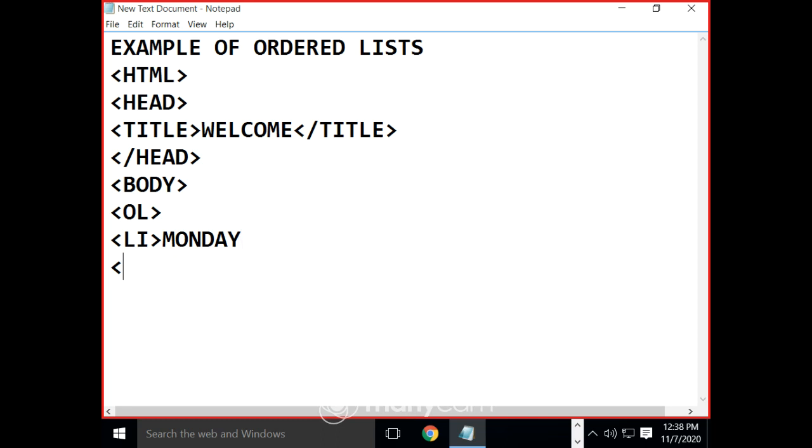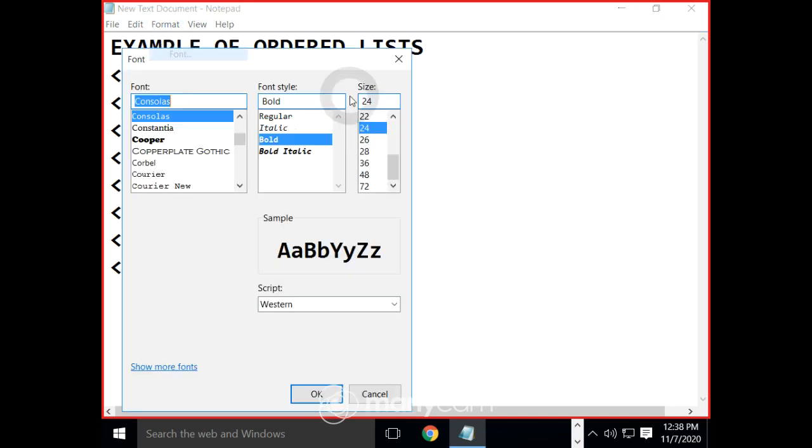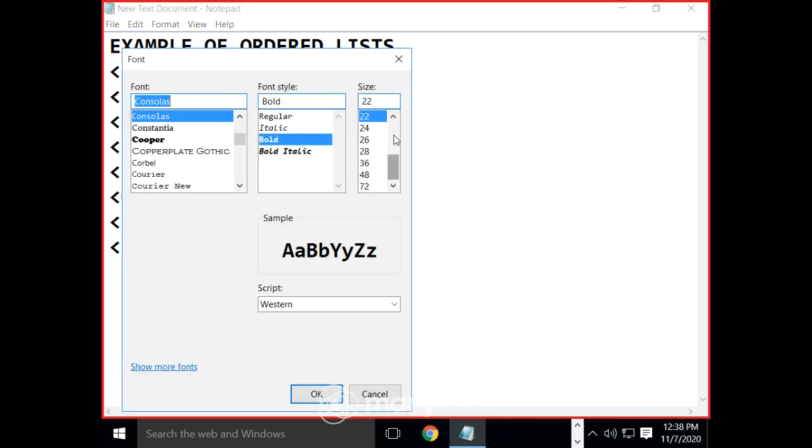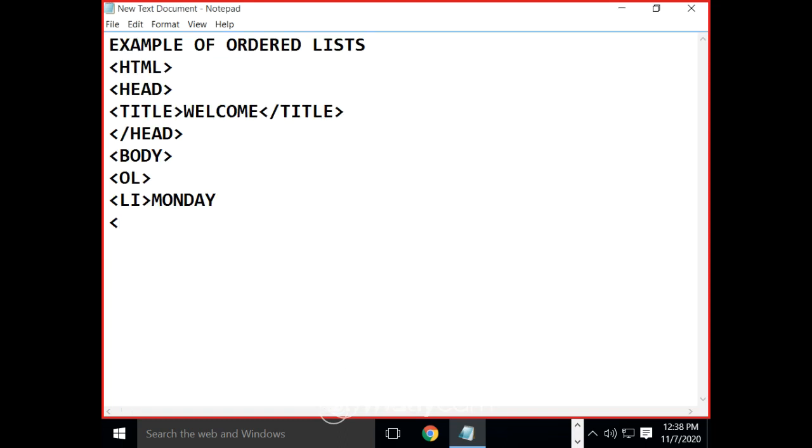Next li, next line. I am resizing this size. First one is Monday. Next li, suppose Tuesday. Next li, Wednesday.